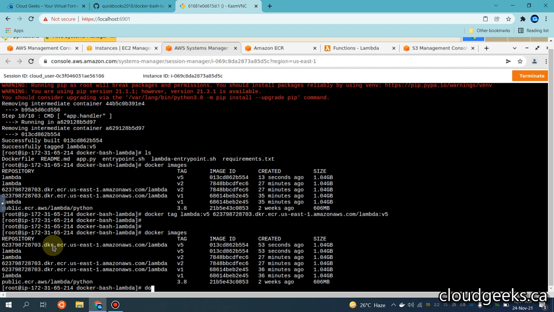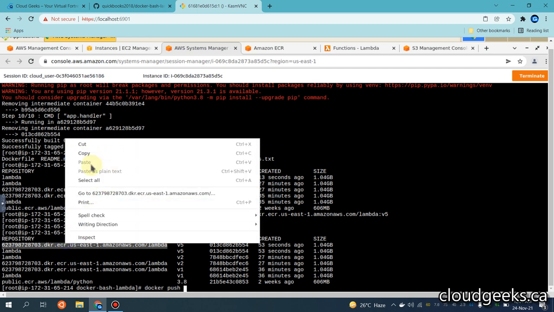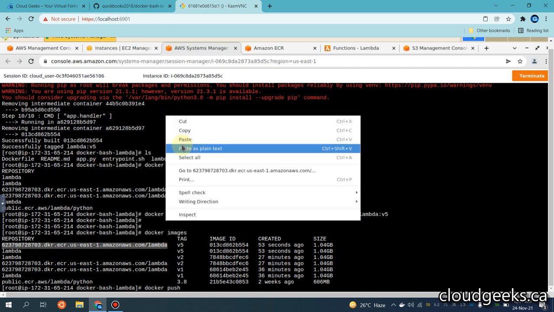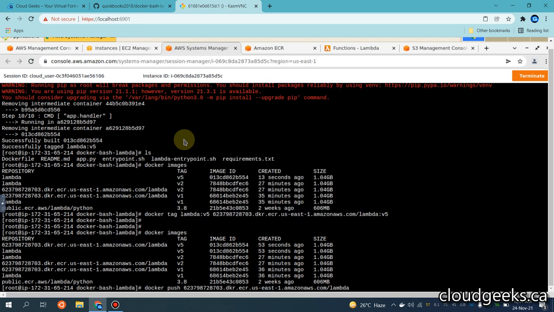I'm going to do Docker push, copy this. V5 is my version. The advantage of using Docker in Lambda is that you have the ability to do the versioning,